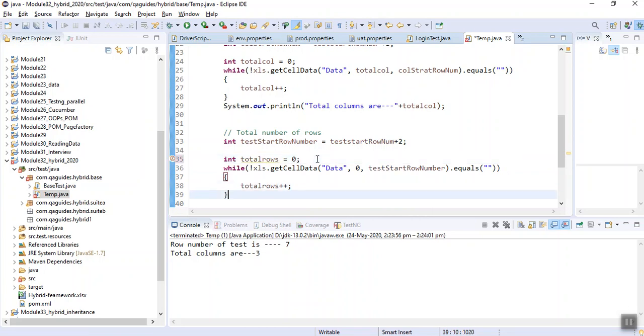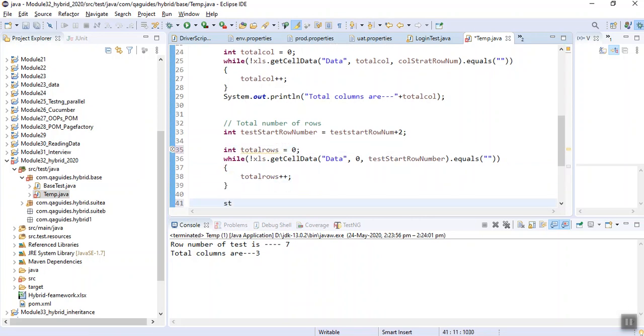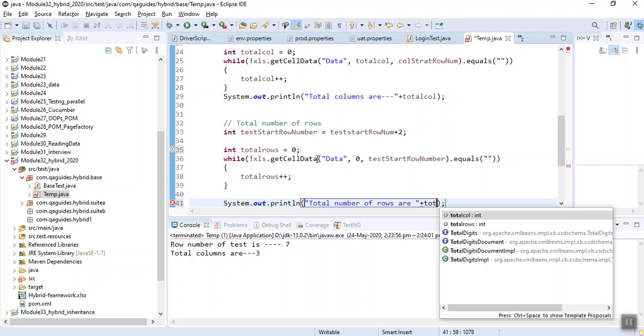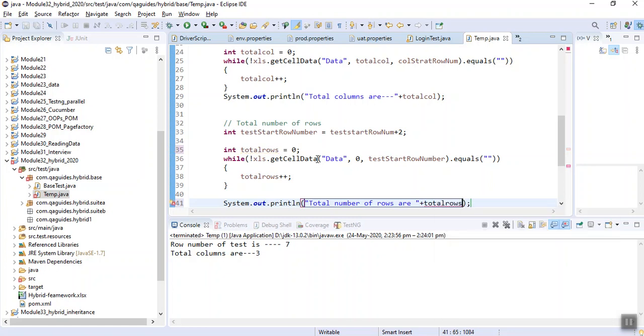Let's print out total number of rows plus total rows. Let's run it.